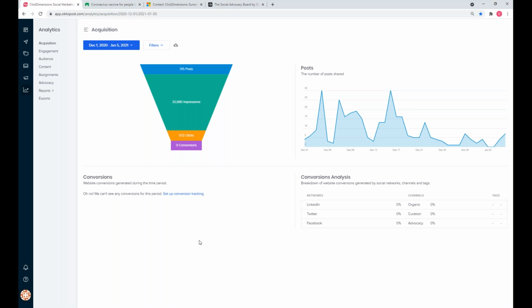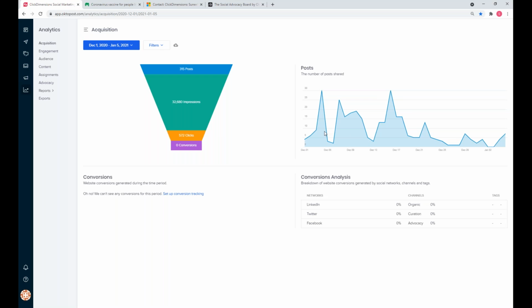Like, who cares about that? Okay, to me, if you're creating 10 posts or 100 posts, so what? Like, what's the conversions, what's the clicks, what's the impressions? This is what I care about. So initially in this acquisition report, very, very high level, just to get a feel, 315 posts, we got into the faces of however many people, we drove so many clicks. All right, this is okay.